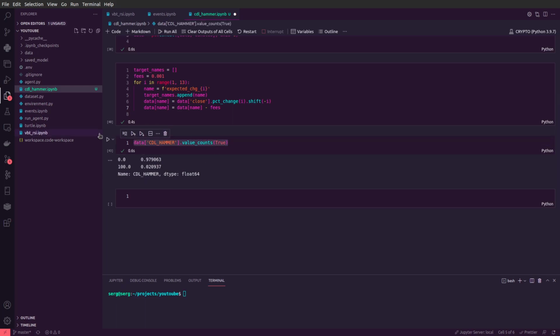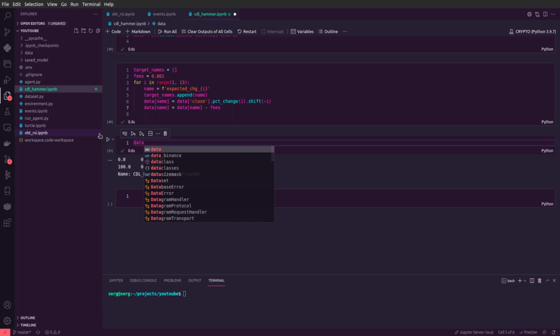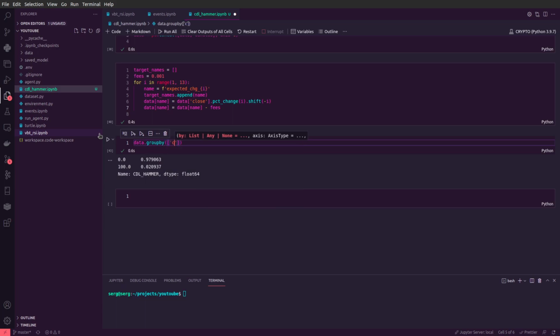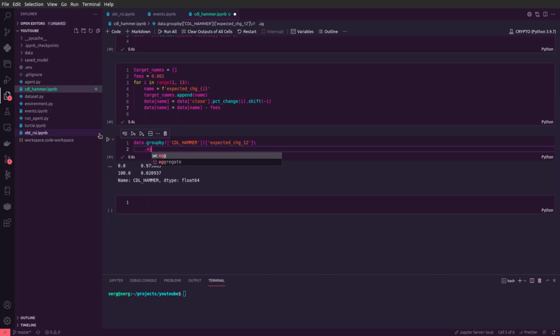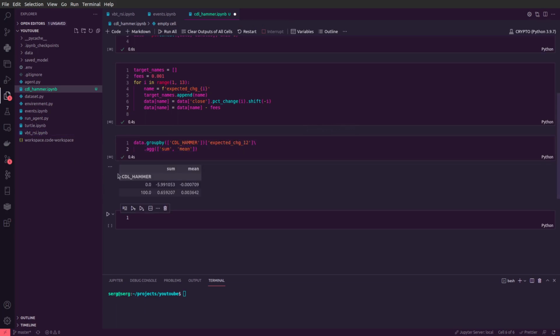Okay, let's group by this data. Group by, and let's use CDL Hammer. Let's check what happens after 12 hours, and I would like to aggregate this data by several useful statistics like sum and mean, for example. Let's do it. Okay, we have some positive statistics,